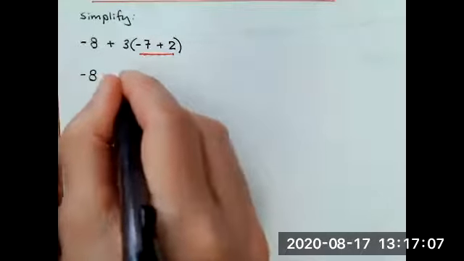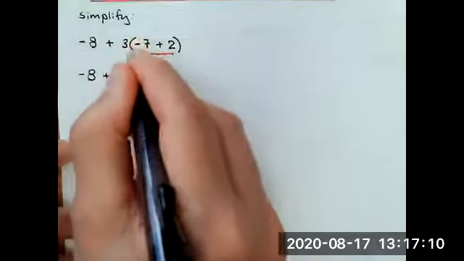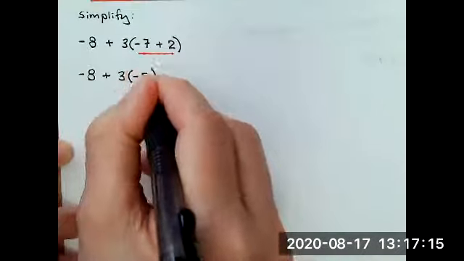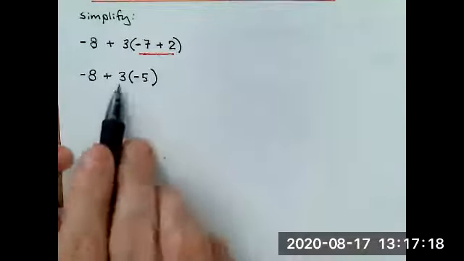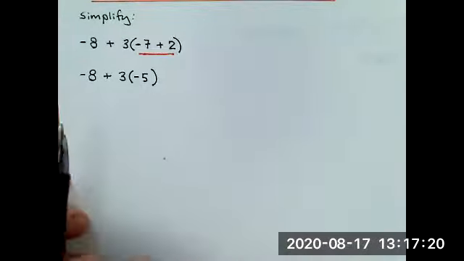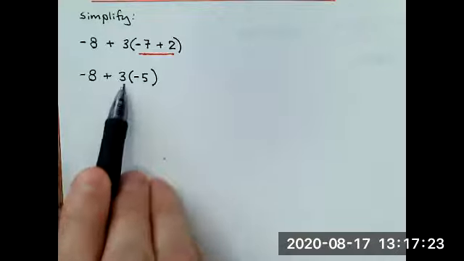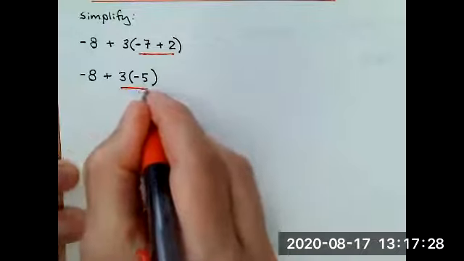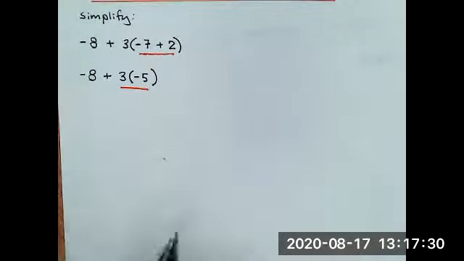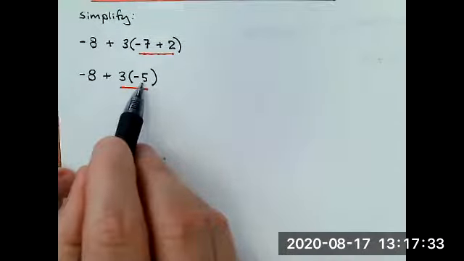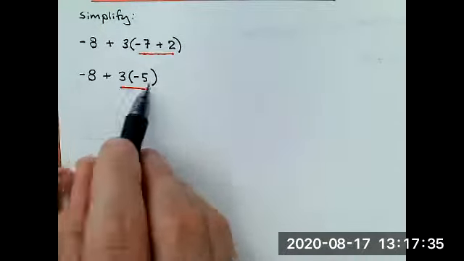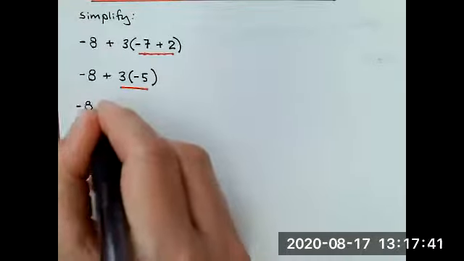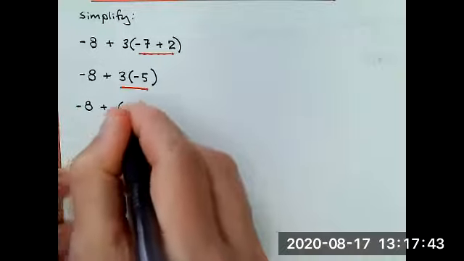-8 plus 3. And remember, the 3 is touching the parentheses, so that means multiply. So the 3 is being multiplied by -5. So you have an addition here and a multiplication. We want to do the multiplication next. +3 times -5. A positive times a negative is negative. And there's two different ways of writing this. You can either write -8 plus -15,